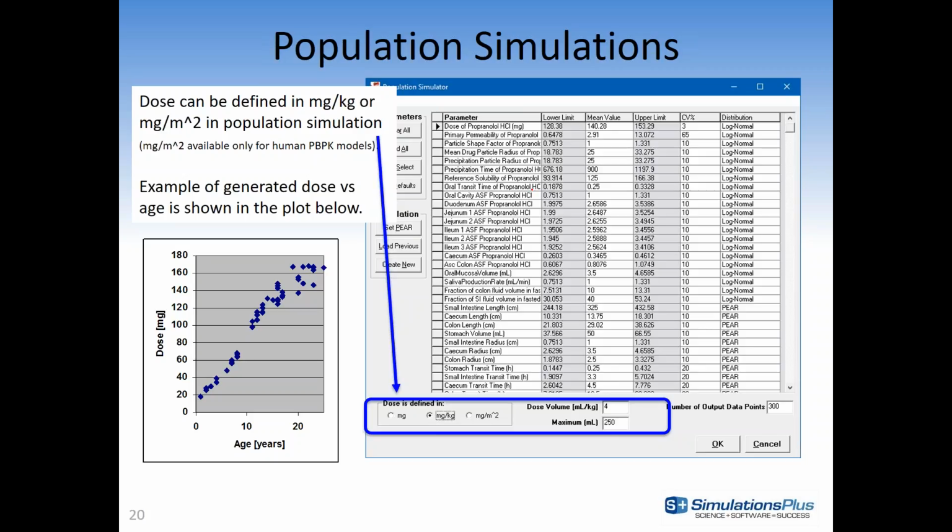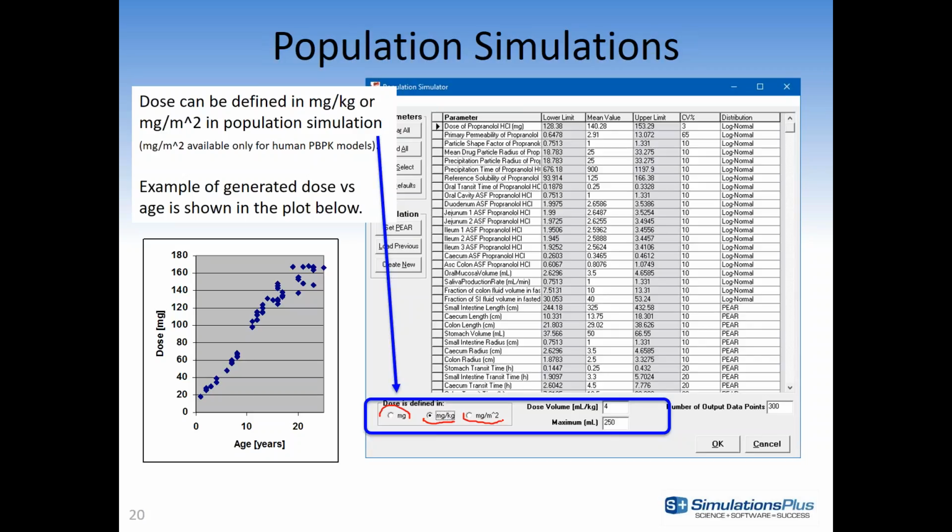You can set up the proper dose for that simulation, but it wasn't possible to do with the population simulations. So now we have expanded the capability of population simulations where you can instruct the program to do the dosing not only as a fixed dose, but you can do dosing in milligrams per kilogram or milligrams per body surface